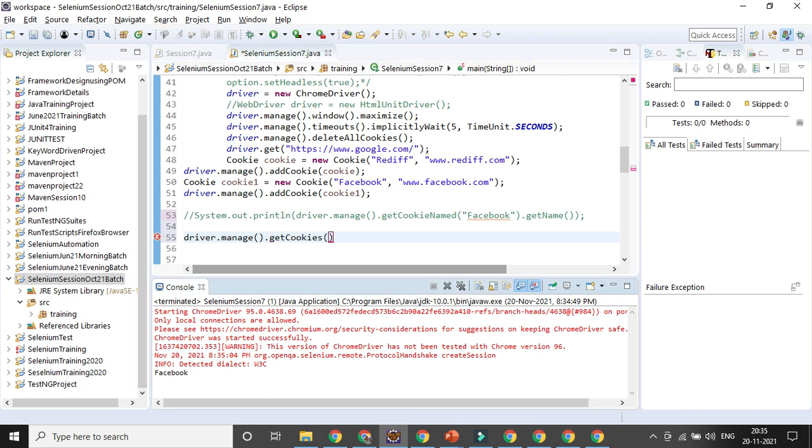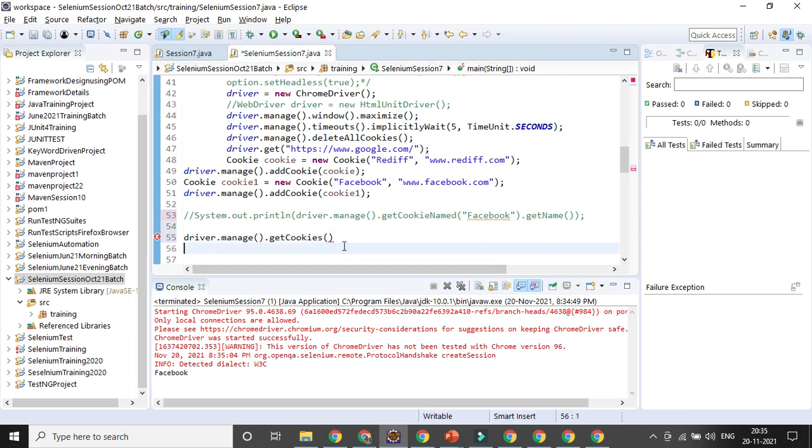So the return type is Set, and you need to use a variable called list of cookies.